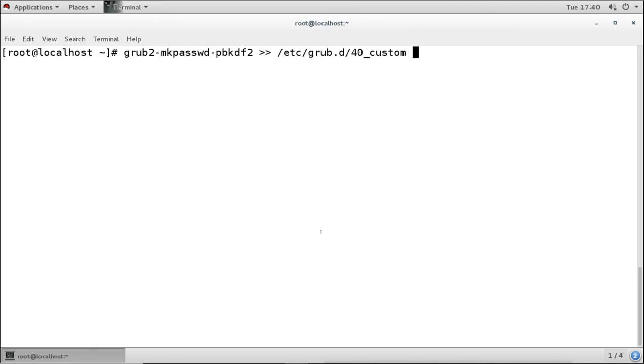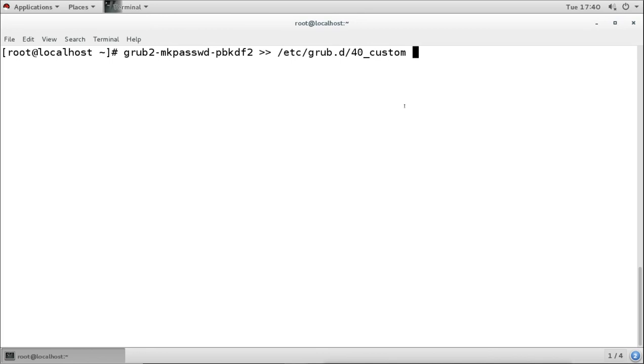Now remember, I am using two signs. That means I don't want to overwrite the existing configurations. I just want to add the new things, so it is going to add at the end of the file. So I am running this command to generate the password, and whatever output comes, I am redirecting it to the file where I want to copy. For this I don't need the mouse. I just have to press enter.